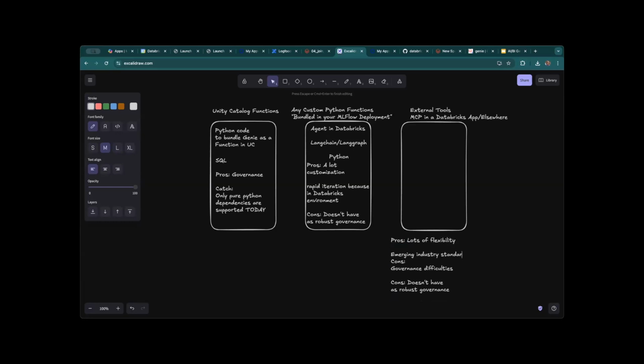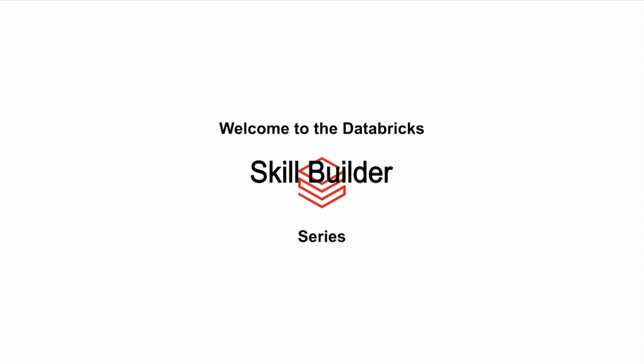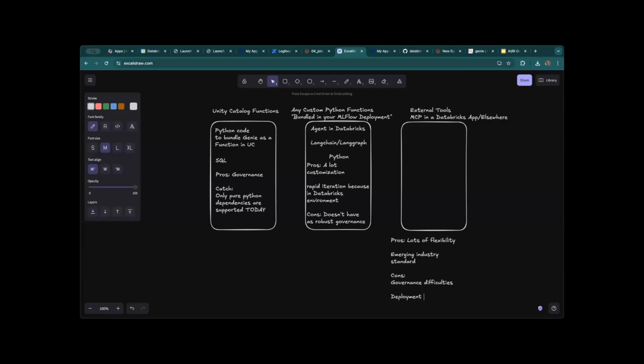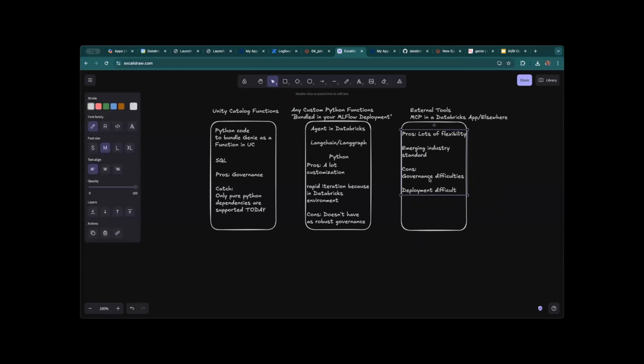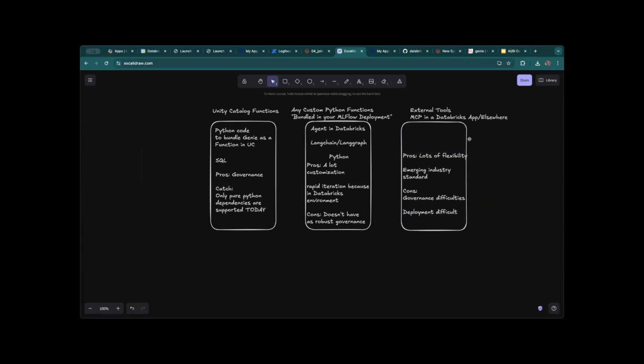And whether or not it becomes the industry standard, that remains to be seen, but it's an emerging industry standard at this point. And there's a lot of deployment difficulties because you've got all these different dependencies that you have to deploy together, and it makes evaluation a lot harder, right? So you can think of this as like external agents